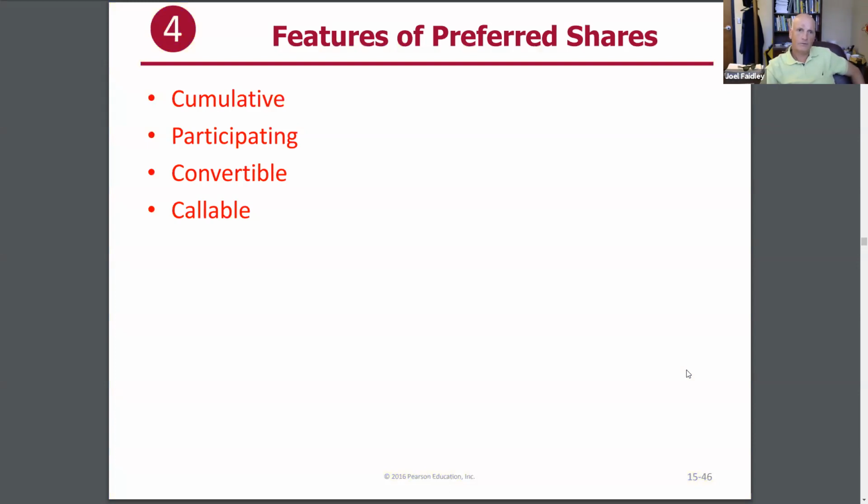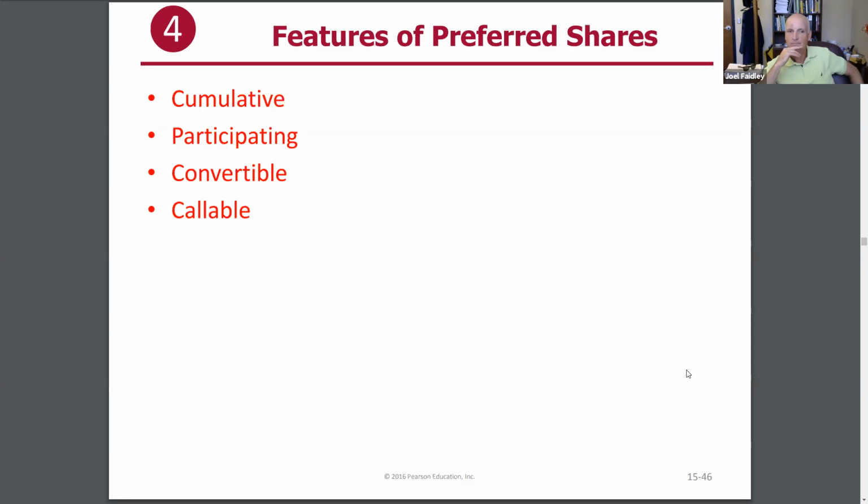All right, there are 4 different features of preferred. There's cumulative, meaning that if a company is unable to pay dividends, those dividends are cumulative. That means they're going to accumulate. If you get into arrears, it's going to accumulate until a company is able to pay that. Participating means not only are preferred dividends paid out, but common shareholders, as they are paid out after preferred dividends, if it's participating, then the preferred holders are also going to participate with the common shareholders